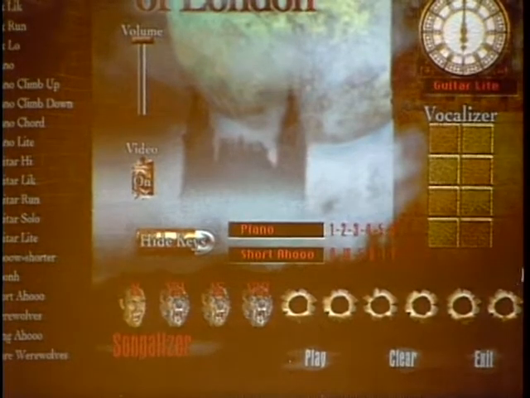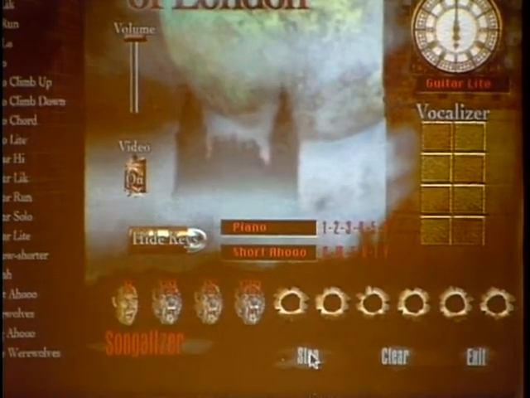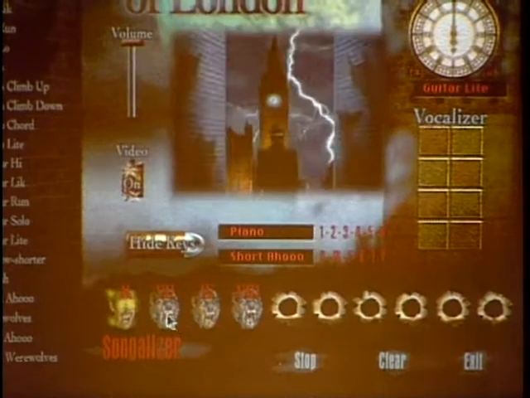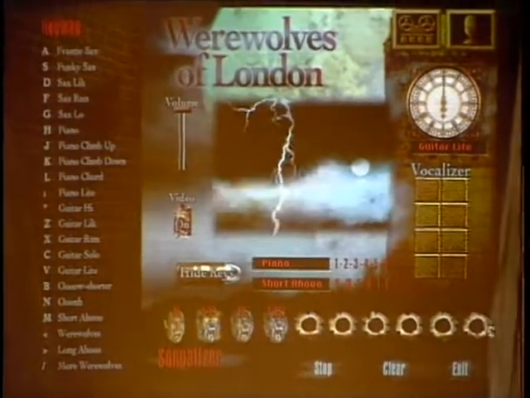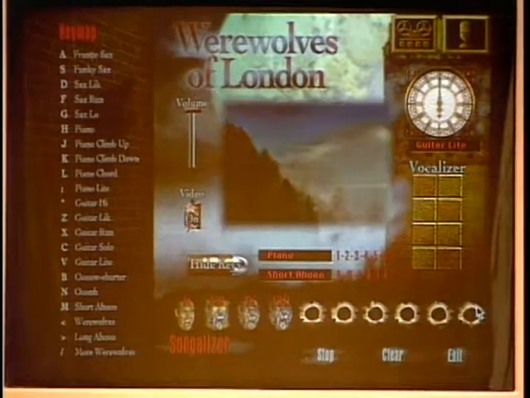Put it all together, baby. Here we go. I just hit play, and now the song starts playing in the sequence that I put in the Songalizer. There's a music video that starts playing. Each song has its own custom video. And as it's playing now, I can start hitting the keyboard,